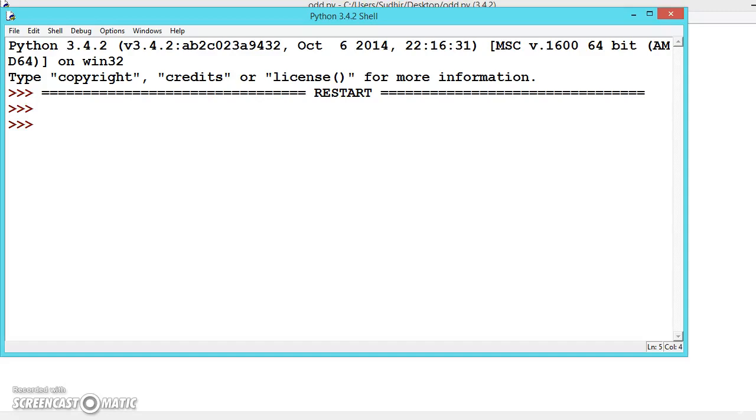Let us now learn a little bit about strings. We have seen some until now, and we will be learning a little bit more. A string can be enclosed in single quotations, or you can enclose it in double quotations. Both are the same.